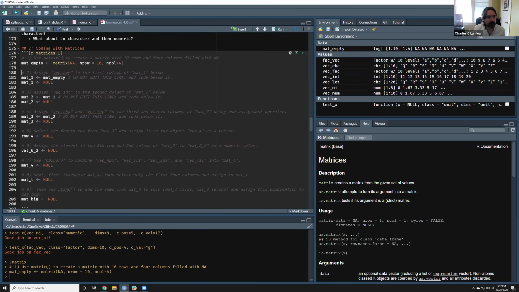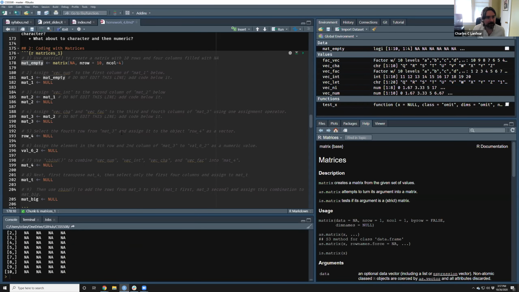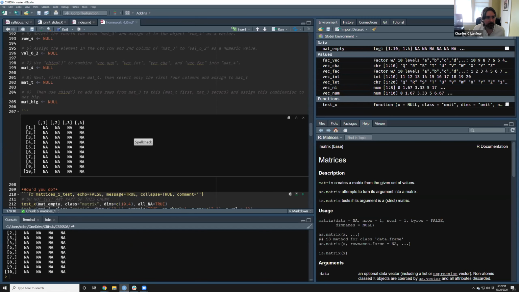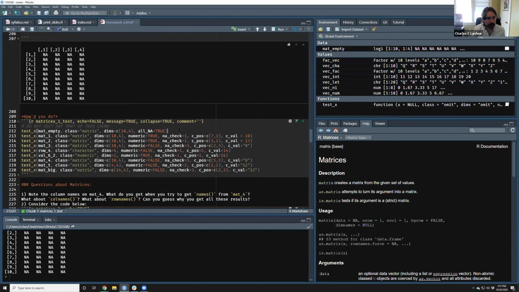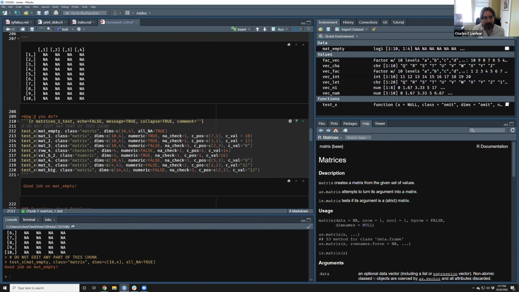If I run that, what we're going to get is a matrix of 4 columns, 10 rows. If I run my little check here, it's going to say good job on mat empty because it sees a 10-row, 4-column matrix where every element is an NA and the whole thing is a matrix.